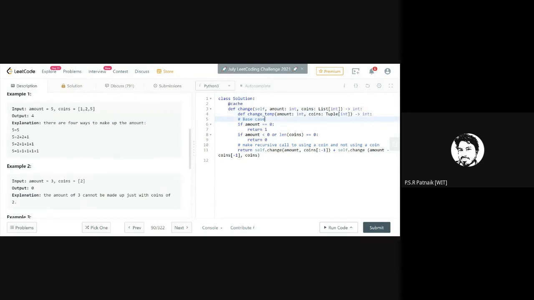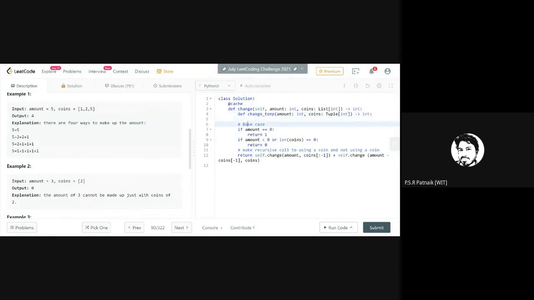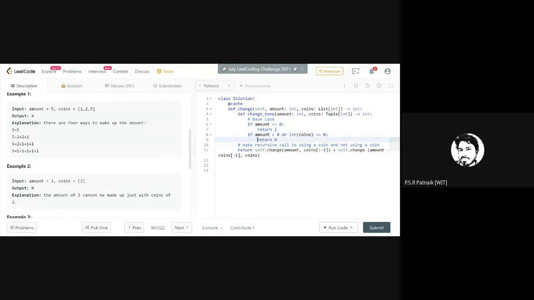So is a tuple hashable? Whatever I have done here, this would now be a property within this. I think something is wrong. Let me use tab. So here it is not self.change, it would be change underscore temp.